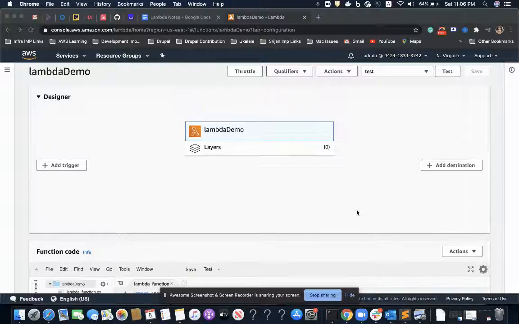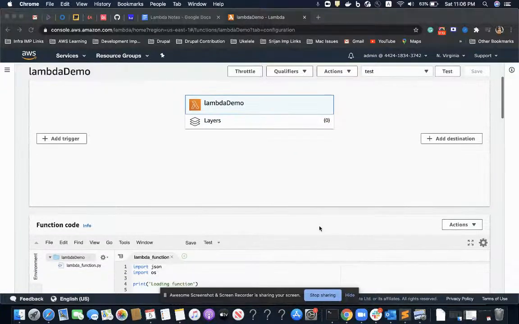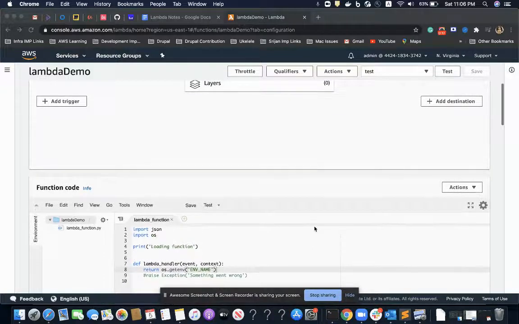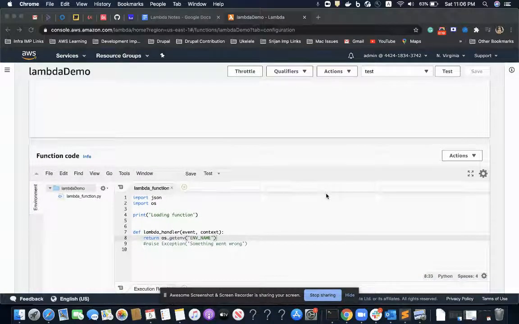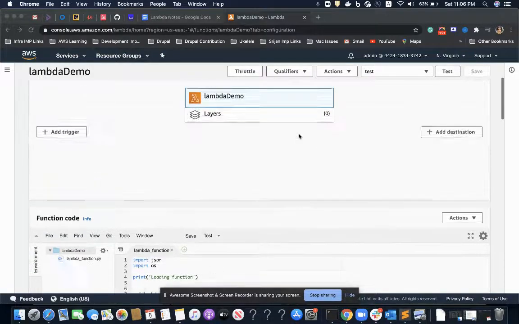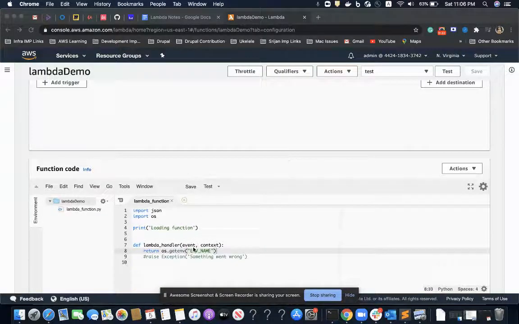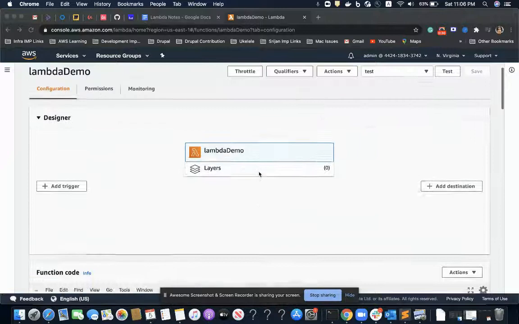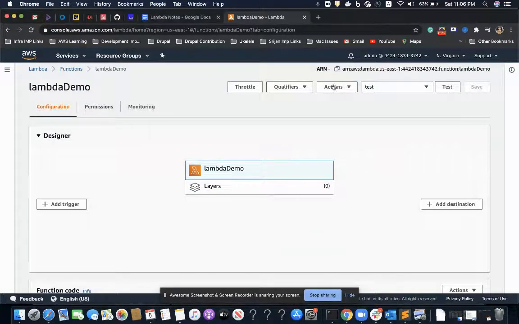So in this video, we will learn about versioning and aliases in Lambda. Like any other code, module or plugin, Lambda functions have a versioning system. Assigning a version to a Lambda is like having a snapshot of the code. Whatever modifications we write in our Lambda functions can be attached to a respective version. How do we do that?